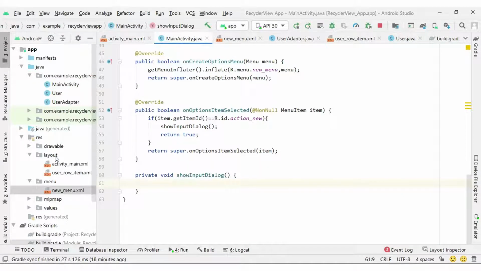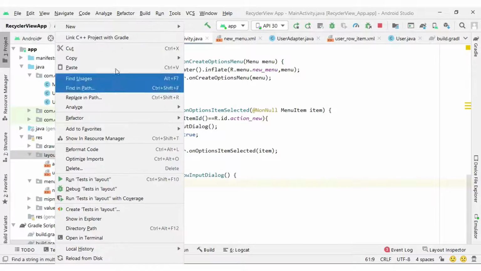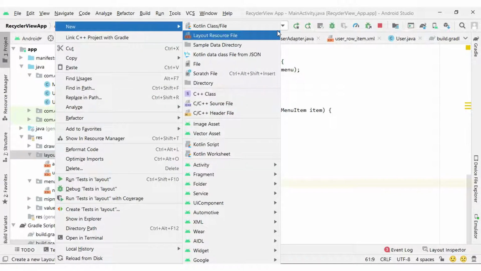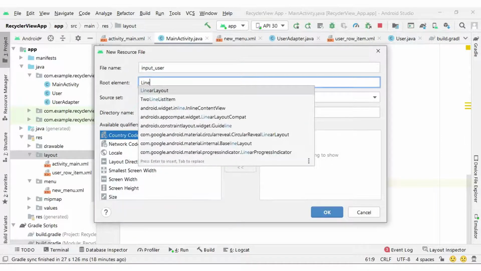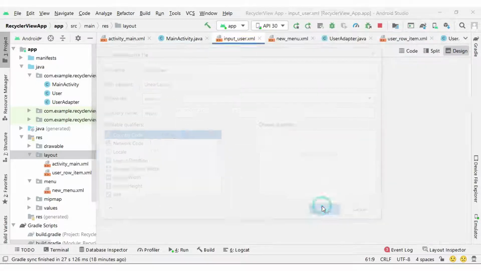Custom layout means I am going to create one more layout here for getting the input. Let me create input_user, and the root element I can set as LinearLayout, and OK.